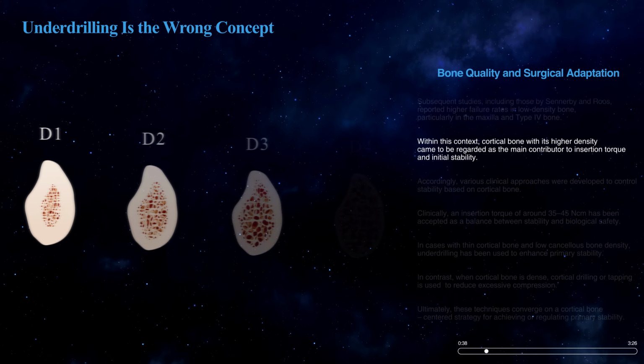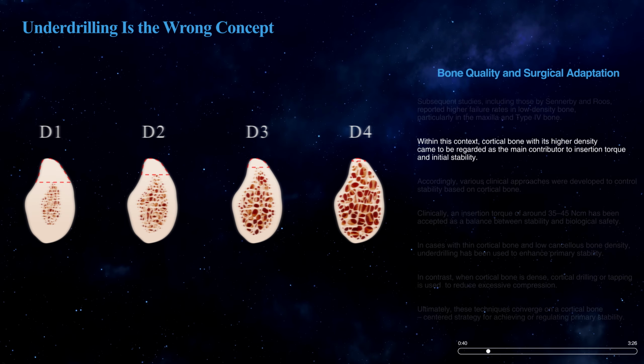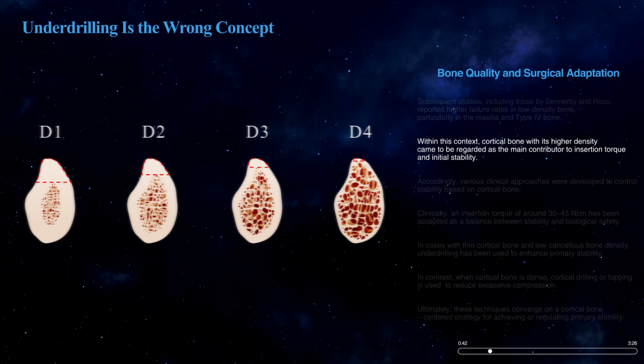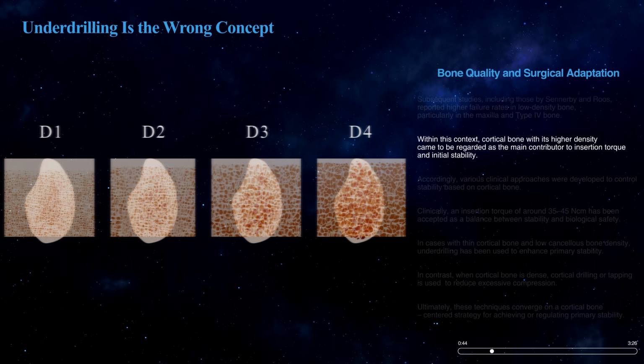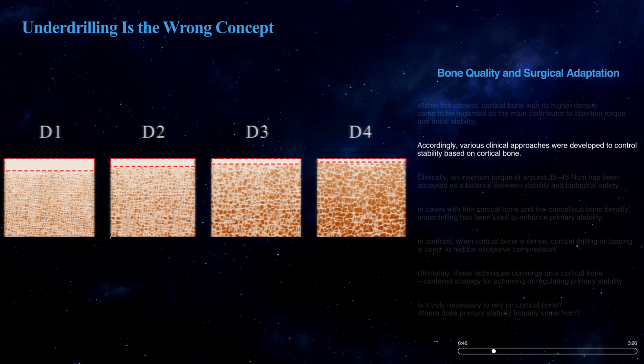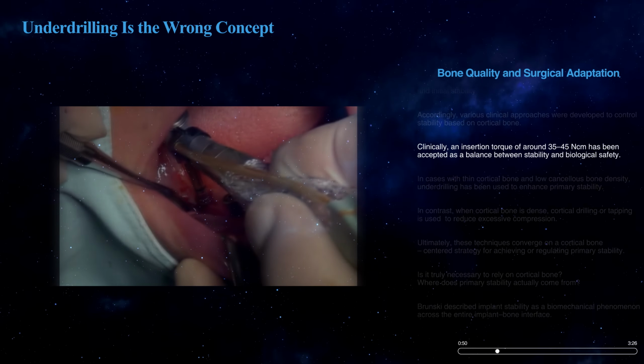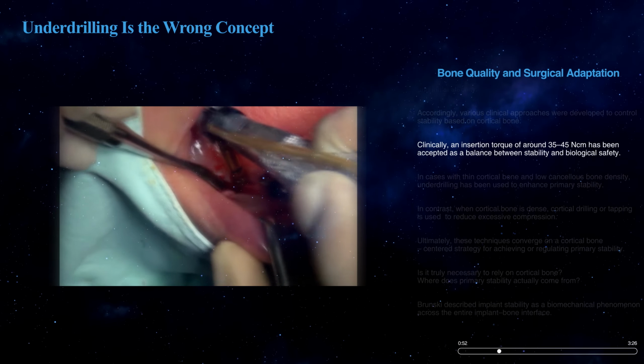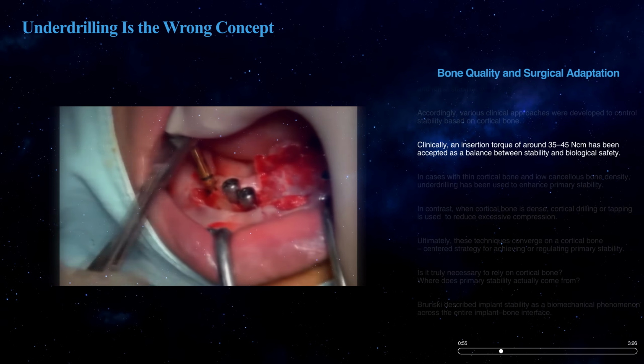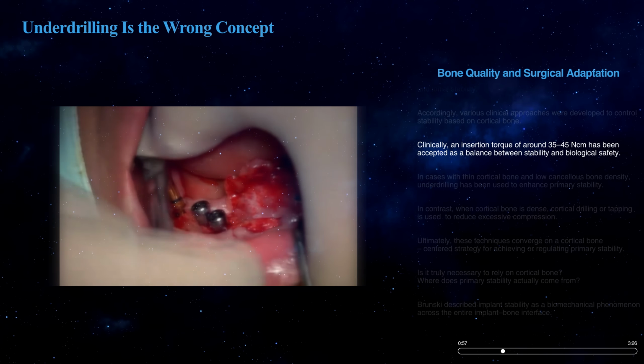Within this context, cortical bone with its higher density came to be regarded as the main contributor to insertion torque and initial stability. Accordingly, various clinical approaches were developed to control stability based on cortical bone. Clinically, an insertion torque of around 35 to 45 Newton has been accepted as a balance between stability and biological